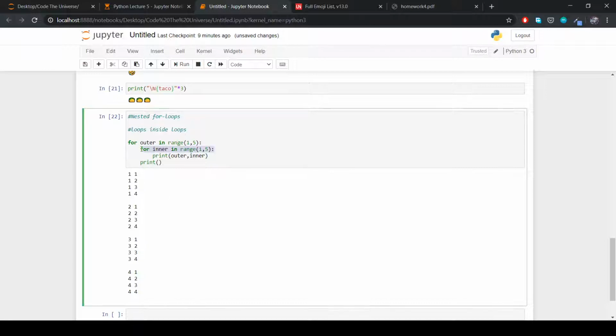Once this loop terminates, we move back to the first loop. The first loop initially had the value of 1, now it's switched to 2. So now again the inner loop runs, the inner loop gets the value of 1, 2, 3, 4. Once the inner loop has been terminated, it goes back to the outer loop again, and the outer loop gets to the next variable. To put it in simple terms, you could say